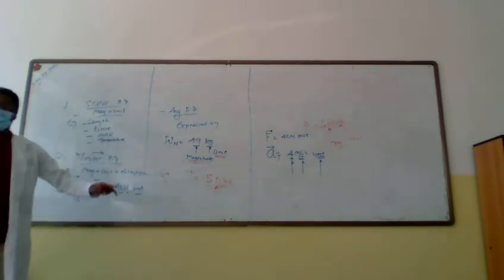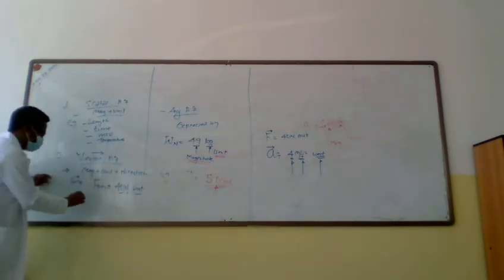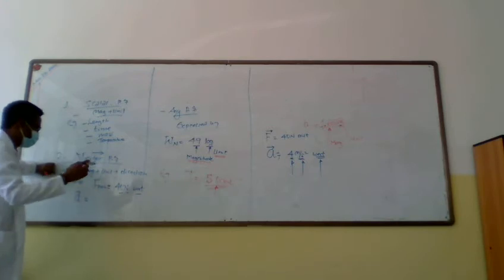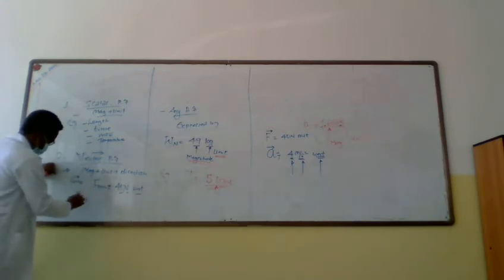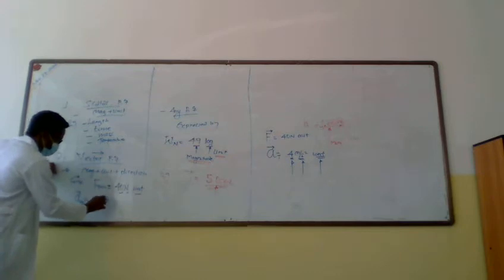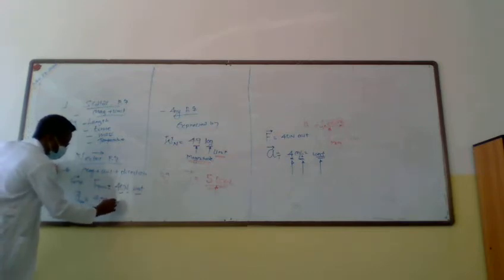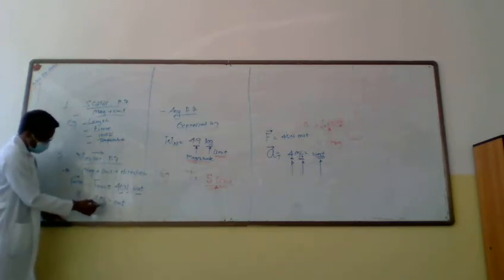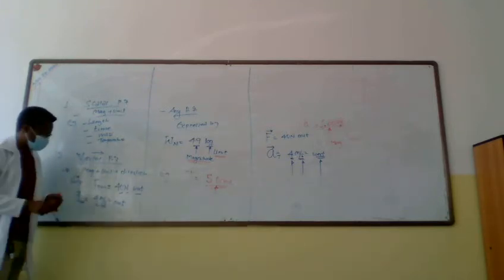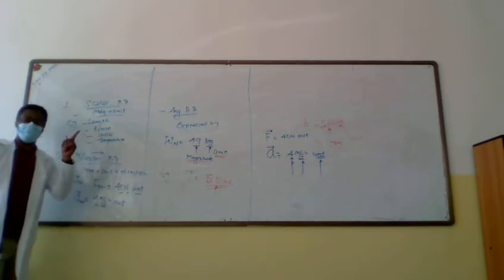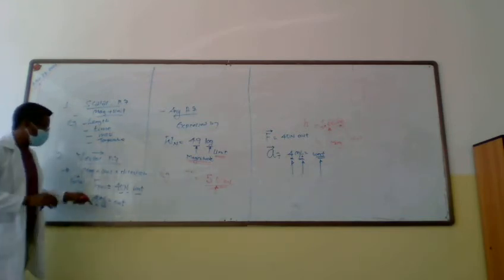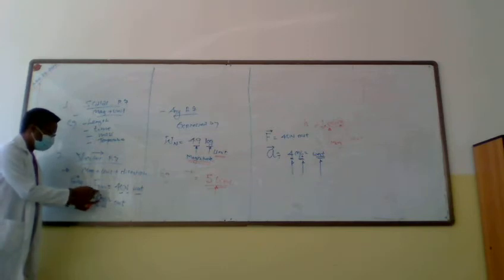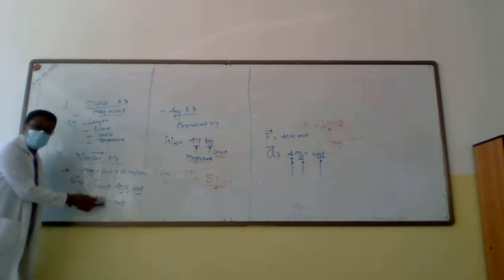So let me go to the acceleration. Let me give you an example of acceleration of a car. 4 meters per second squared due east, we say. So 4 is the magnitude, meter per second squared is the unit. What kind of unit is it? Derived unit, because it's derived from the unit of length, meter, and the unit of what? Time, which is second squared.